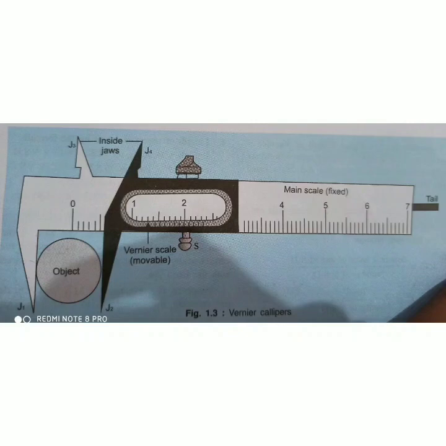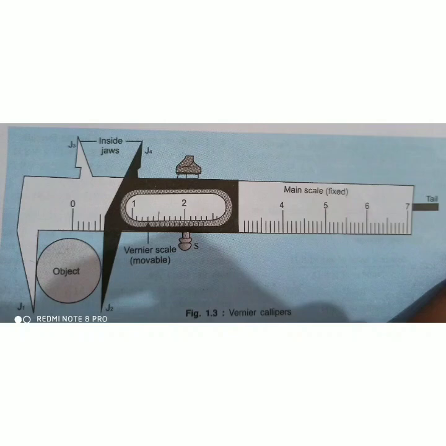Next are the external jaws, J1 and J2. J1 is fixed; the lower part of J1 is fixed, where the object will be held. J1 is the fixed part and J2 is the movable part, because J2 moves with the movable vernier scale. So J1 is called the fixed jaw and J2 is called the movable jaw. And J3 and J4 are the internal jaws. J3 is fixed to the main scale and is commonly called fixed, because in the figure J3 is on the upper side and is fixed. The J4 part is with the vernier scale, so it is movable, and is commonly called the movable internal jaw.